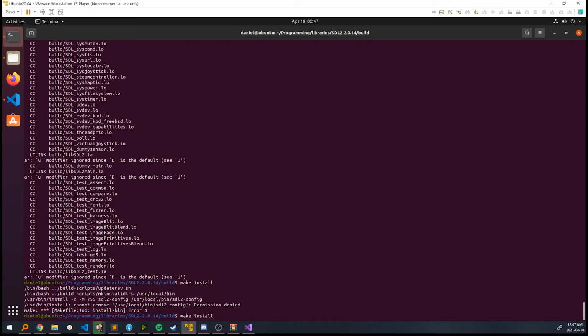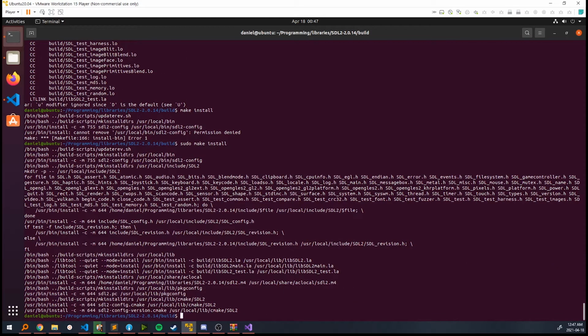I'm going to get permission denied, so I'll do sudo make install. And you can see this is going to copy all the SDL2 libraries, like libSDL2.la, which is what we need to link to it at compile time, into our user local folder. So now switching back